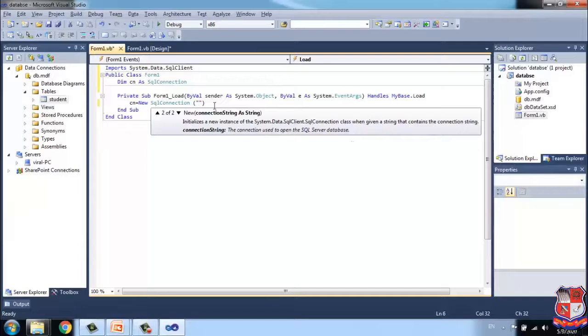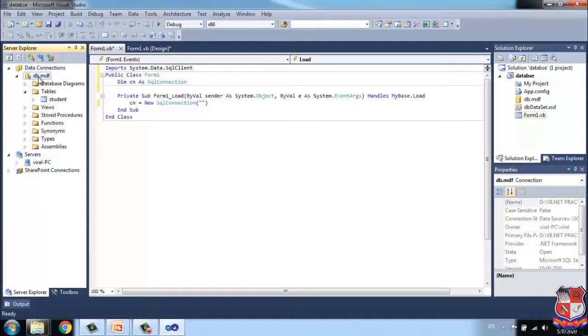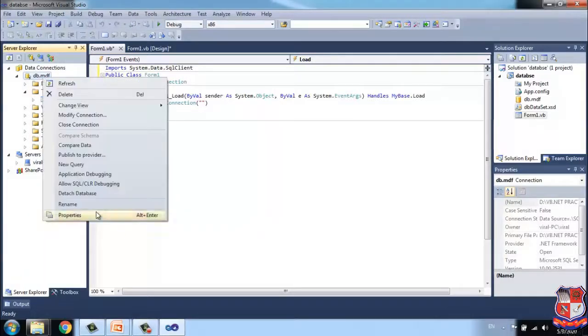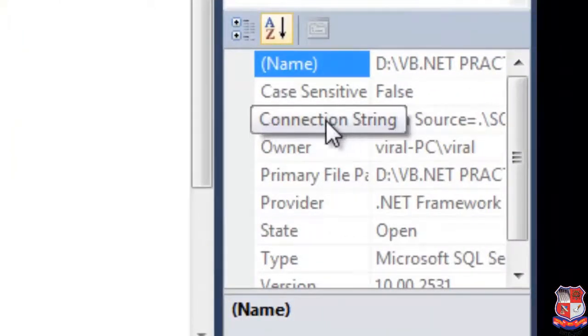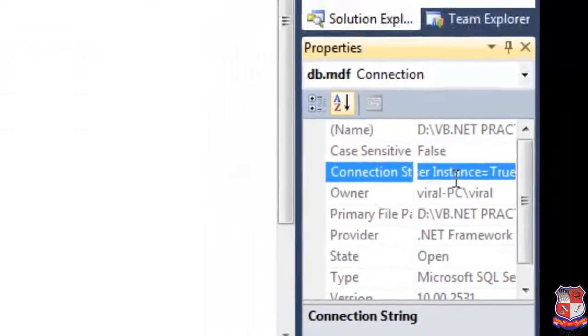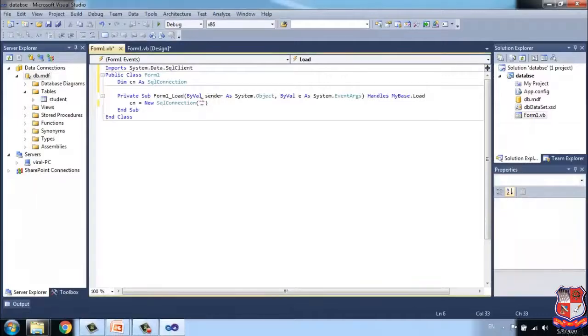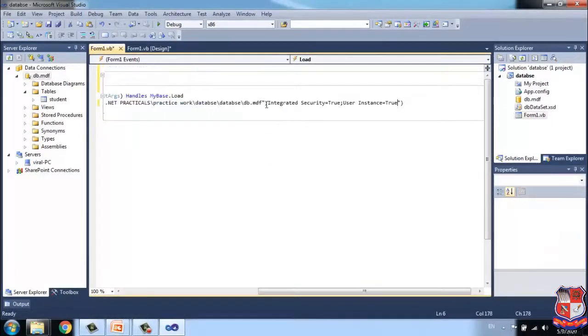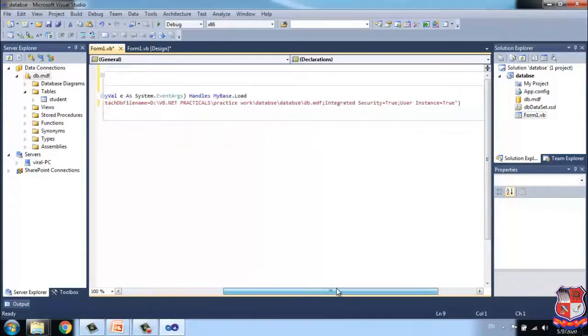For that, simply click on our database, right click, and go to Properties. You can see a connection string in its properties. Select it, copy that string and paste it between the double quotes, and simply remove the extra double quotes. Here is the step of initializing the object with the connection string.